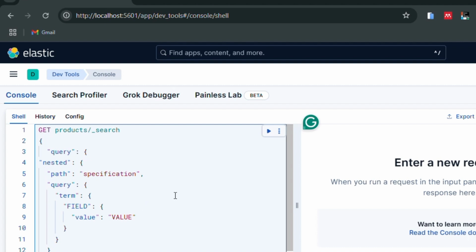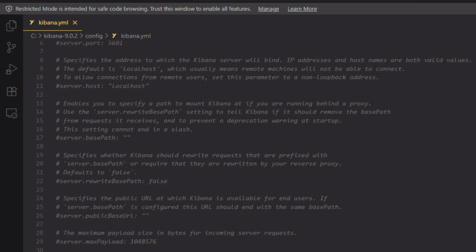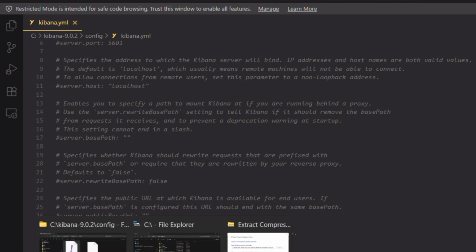So if you are here, then we are good to go. If you are able to get to this stage, then we are good to go for every other analysis that we are going to be working on. So that will be all for this lesson. Today you have learned how to install Kibana on Windows and how we connect Kibana to Elasticsearch and how